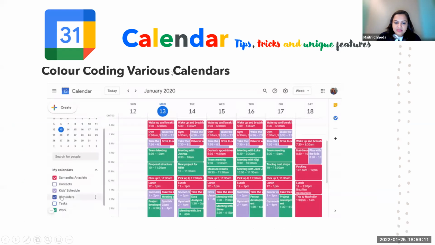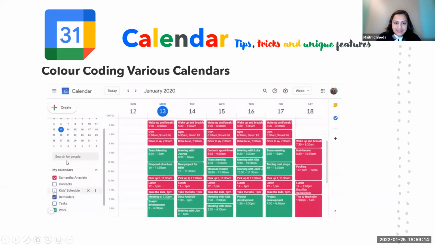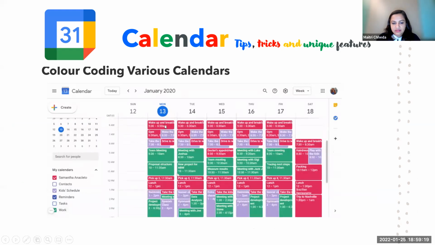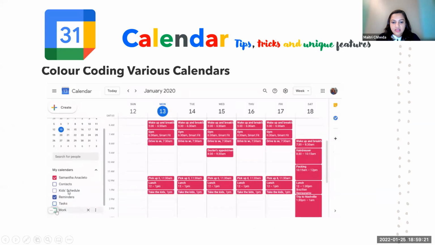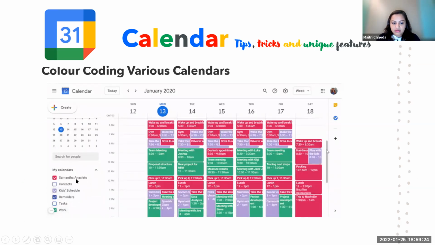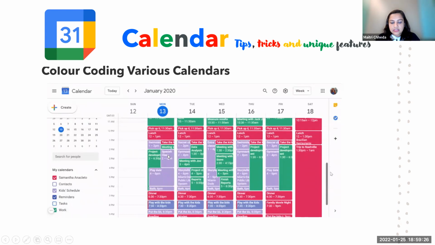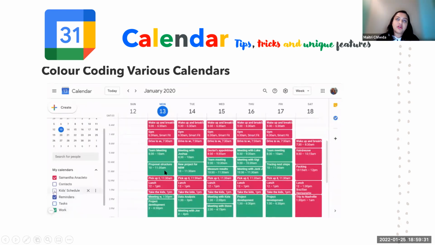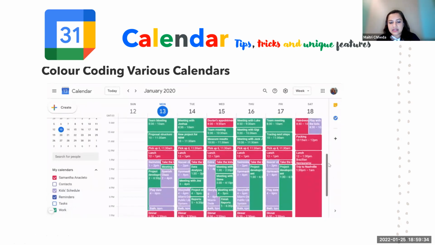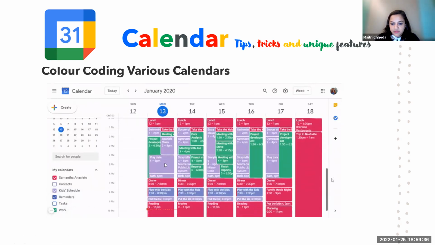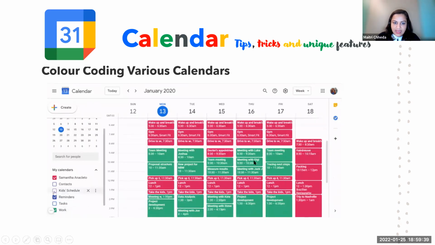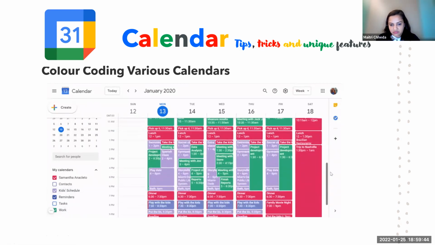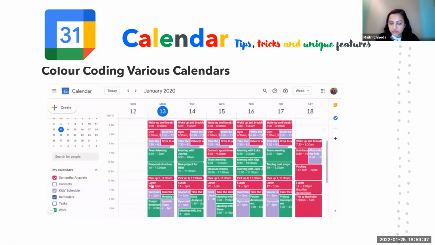Color coding various calendars. Now what happens is that you have say n number of calendars and a lot of events, then every event, if you were to see in a single color, would confuse you, right? So what you could do is you can color code your calendar, where purple color could mean somebody's calendar, red color could mean your calendar. Or maybe you have got your own 3 4 calendars, your personal calendar, your event calendar, and lot of other calendars. So those calendars are color coded over here, and it will be easier to view and verify what all your work calendar and tasks and everything would be color coded.